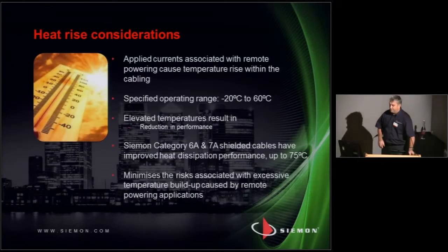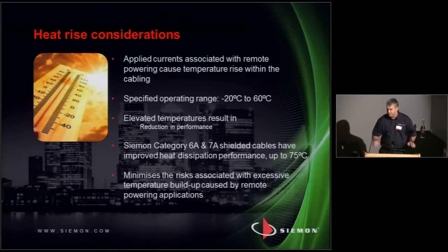So here are our heat rise considerations. As I said, specified operating range is -20 to +60. If you go above 20 degrees C in cabling, you reduce your maximum reach. Data cabling is specified to reach 100 metres, with 90 metres of fixed infrastructure and 10 metres of stranded cable. That's what we're allowed to do. But there is a condition that the temperature does not exceed 20 degrees C. If the temperature goes above 20 degrees C, then we have to put into the formula, which is written into the standards, and reduce the amount of...